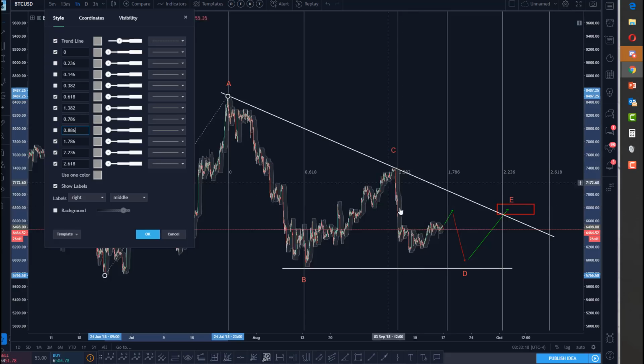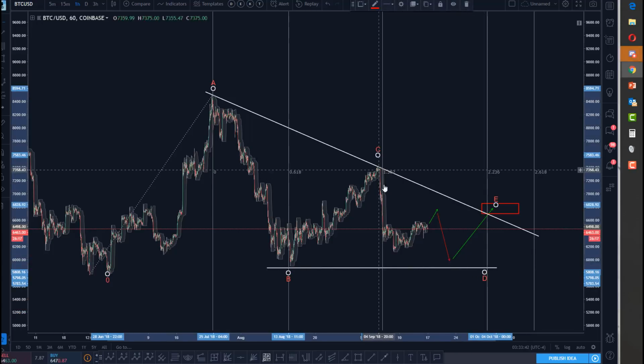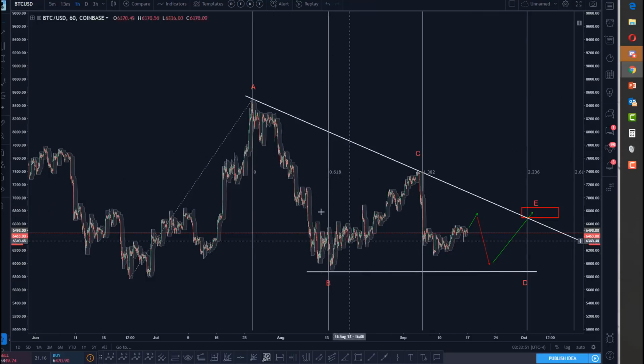It might be the ending of the B. Well, anyway, not a super clean fib level that gets us to the ending of the D, but the E possibility at the 2236 or 2618 is very exciting. And maybe the 2236, maybe the D ends up here. A, B, sideways for a while, and then a meandering D down here. Very possible. But at least for these legs, you got to be excited that,